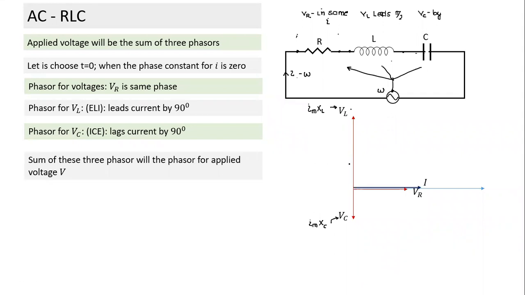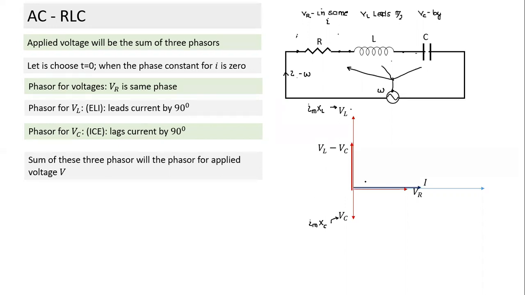So these are amplitudes. Can we take the sum? Here we are assuming, as we have drawn VL, it looks like VL is greater. VL will be greater when XL is greater than XC. We will see that later again. So we take the sum of these two. The sum of these two will become VL minus VC. So this darker red line indicates the sum of these two.